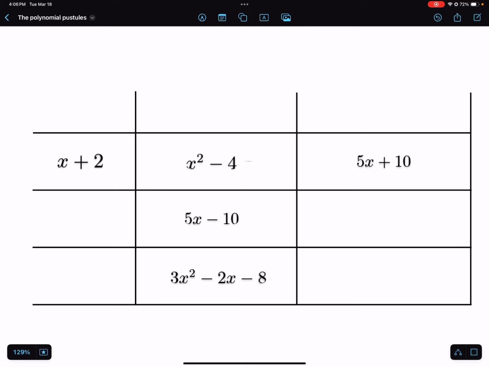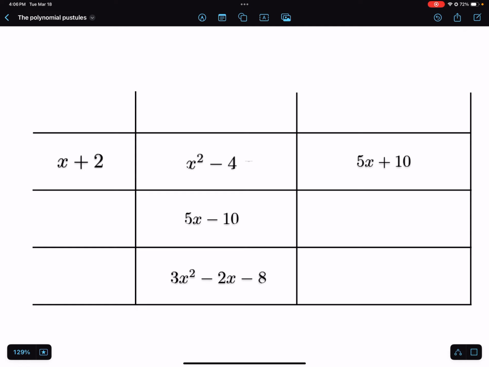In this video, we're going to be looking at solving this polynomial puzzle. This is a partially completed polynomial puzzle where you need to fill in the blanks to get to the correct answers. This problem uses polynomials, which are basically expressions in one variable that have squared terms or degree terms, like